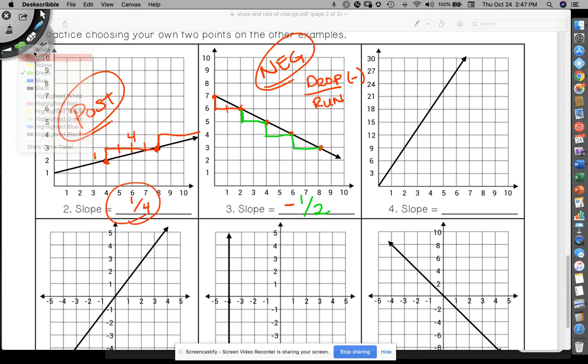All right, let's check this one here. Again, I get to pick my own dots. I'm just going to go ahead and not even care about the numbers. I'm just going up. Oh, I can do that one. I can do that one. And I can do that one. There's a reason I didn't pick these other ones because they don't land perfectly on a square. So now I'm going to go up